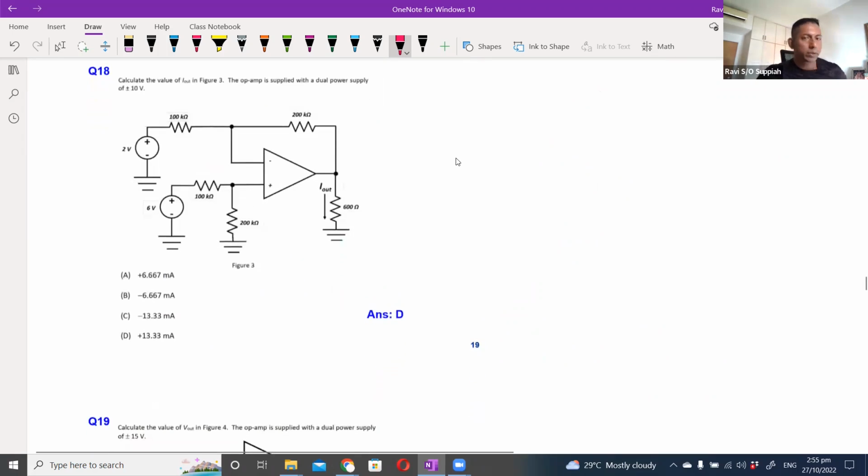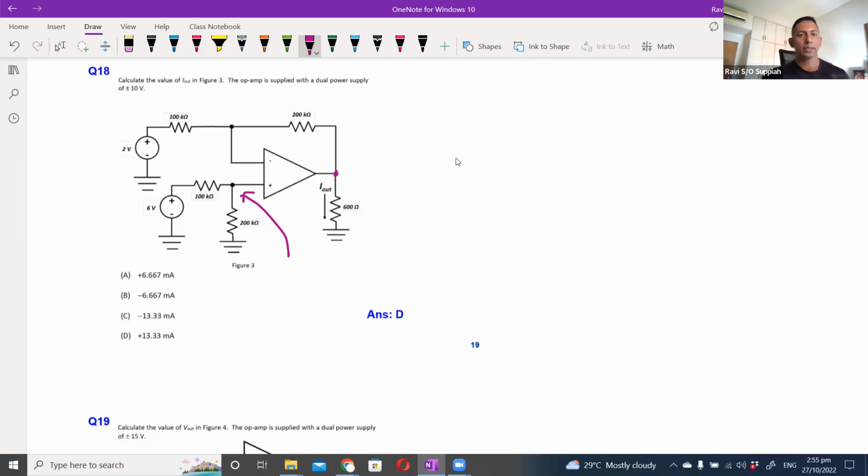Okay, next question, question 18. Calculate the value of I out. To know the value of I out, I need to know this voltage here, correct? So to get to that, let's start with what we already know. So again, this point over here